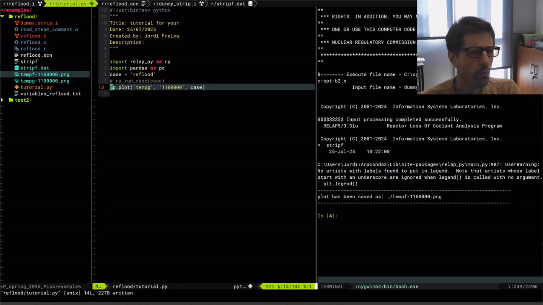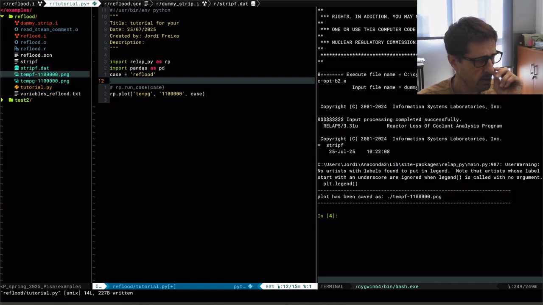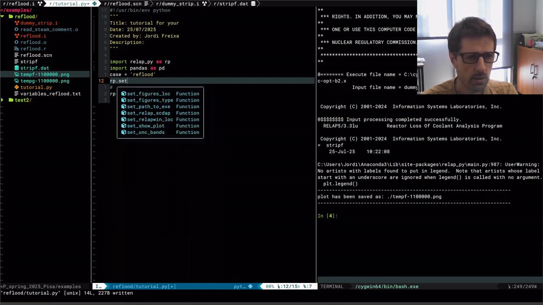Let's make one first change I want to do. It's going to get messy with all the files here, all the figures, so in RP there is a set function that we can set the figures type or the figures location. Figure type for me is okay. I can stick with the PNG,